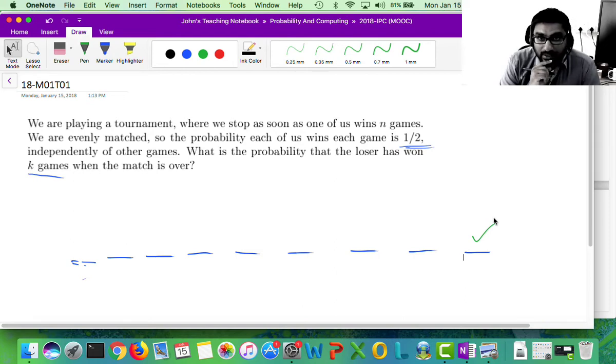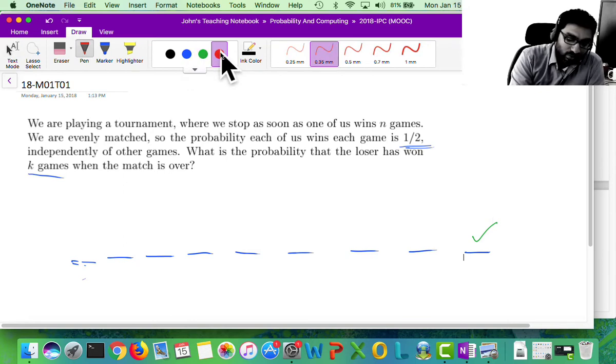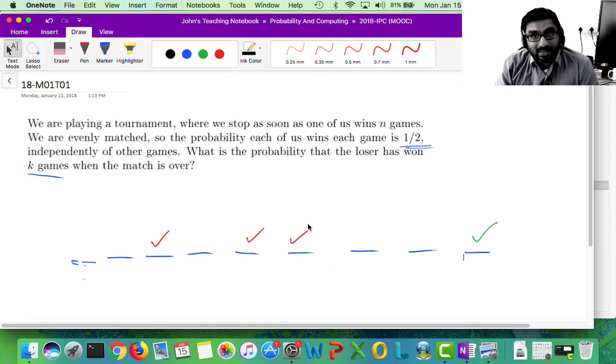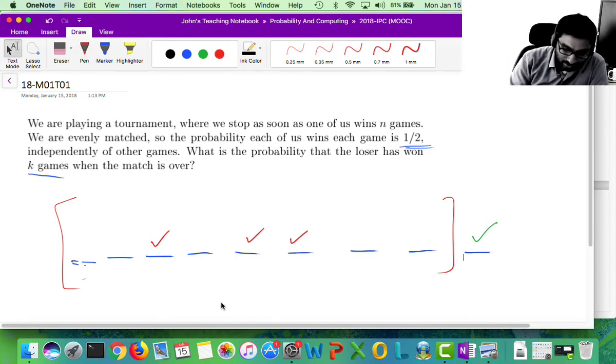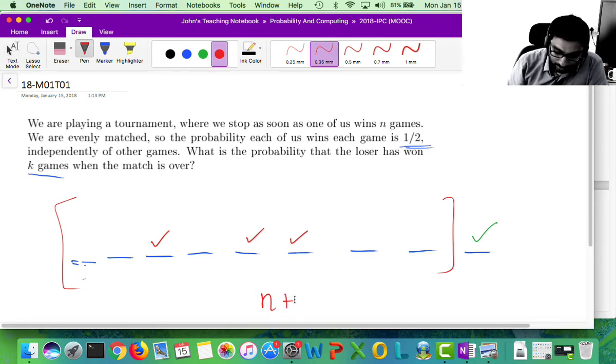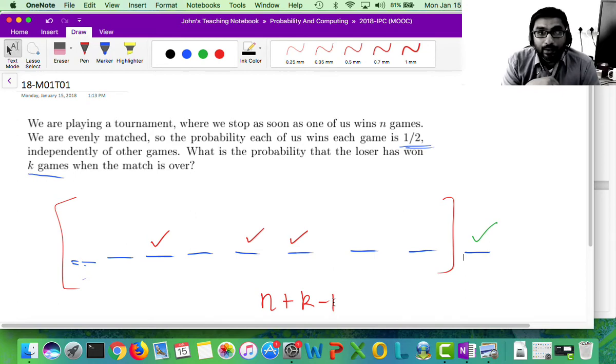Among the rest of the games, some games were won by the winner, some games were won by the loser. And out of all of these games, exactly k of them were won by the loser. And that's the event that we are interested in. We're interested in the event where the loser wins in exactly k games among the first n plus k minus 1 games. Okay,